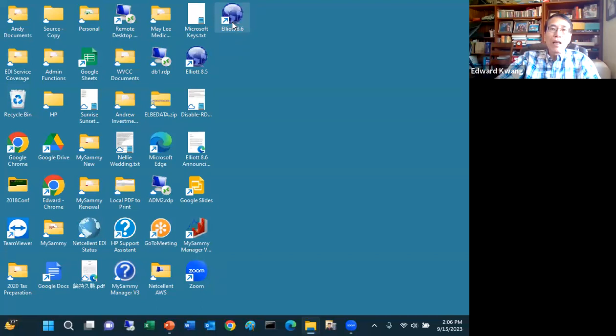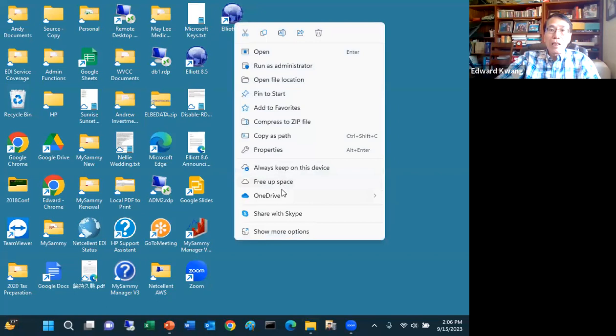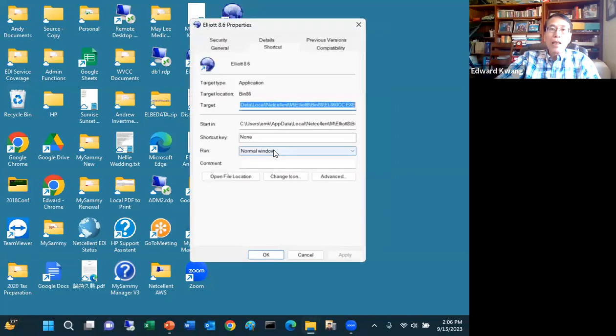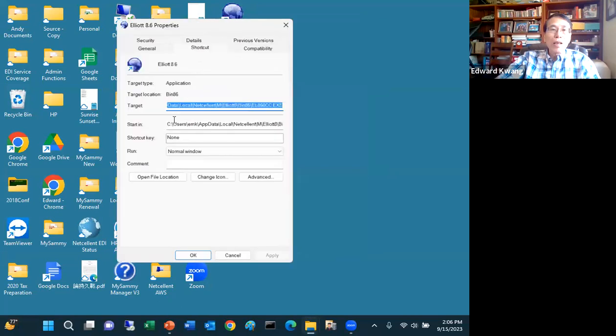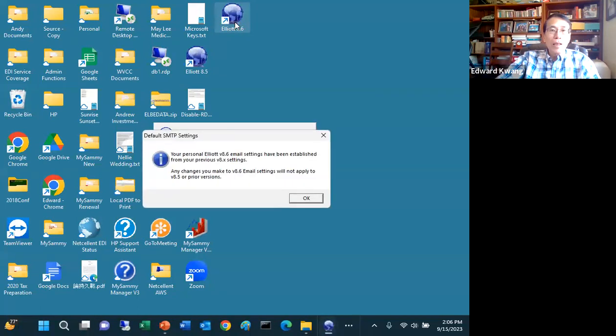If I right click on this Elia A6, it has some property here. And then you can see that it is pointing to my local folder, C drive user EMK app data, etc.